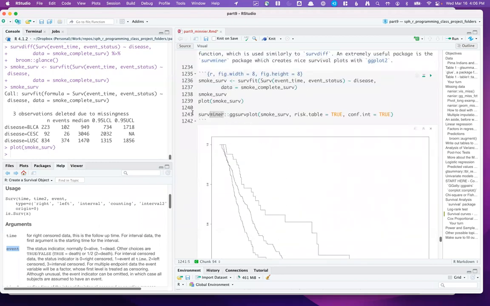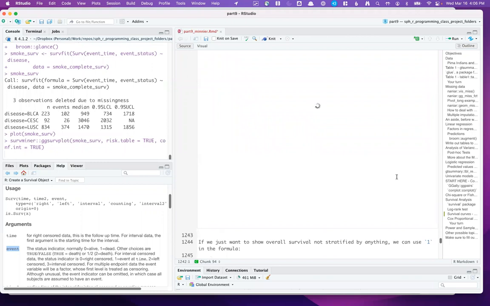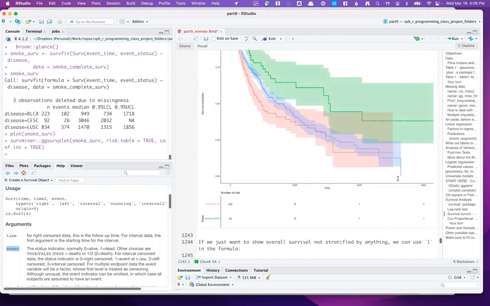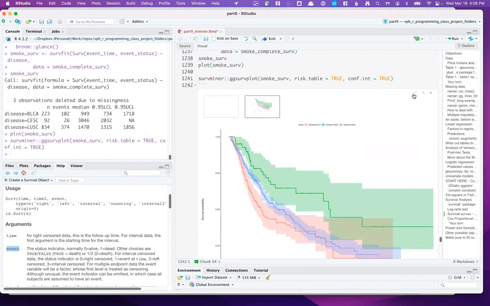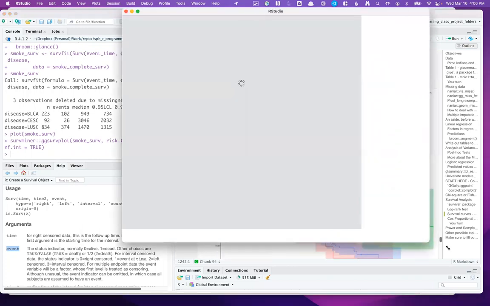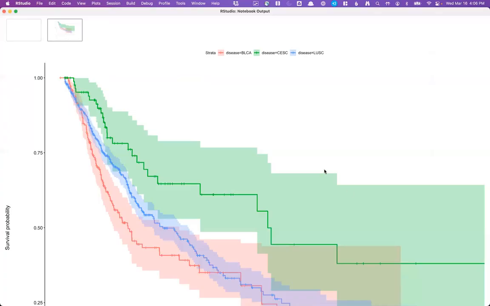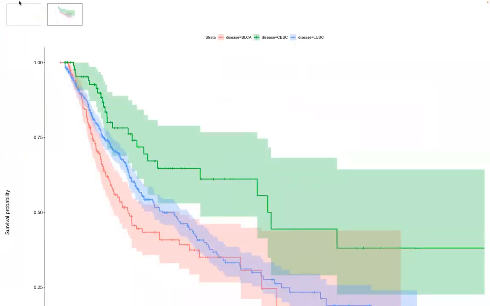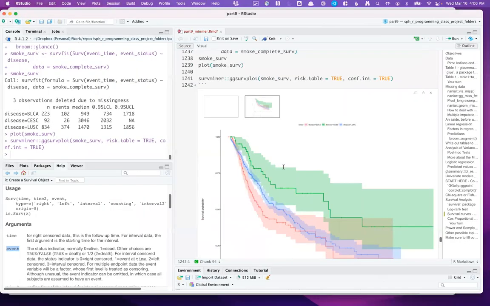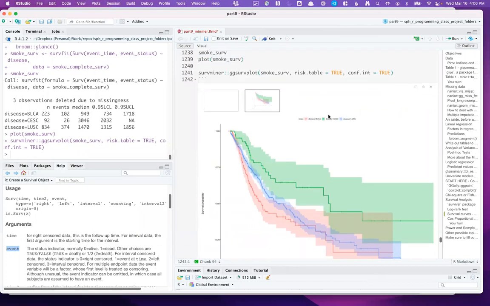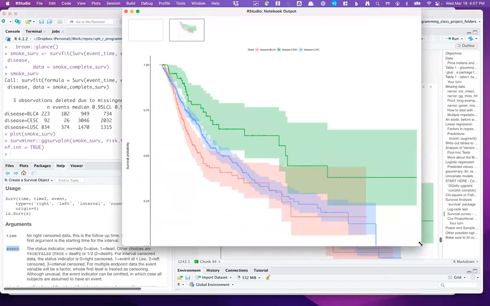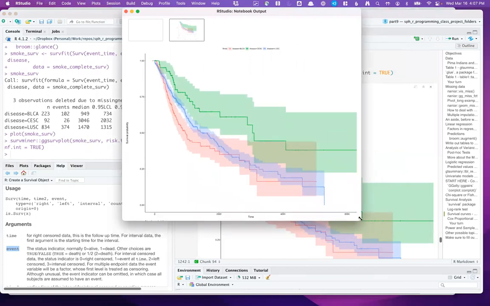So what I use is survminer, which is a package, and ggsurvplot is the function. This is what I use to make survival plots. There are many customizations you can do, but this is really tiny. But you can make tables, risk tables, and... I wish I hadn't started doing this where it cuts off the bottom of my plot. Well, down here there's a risk table, but you can't see it. But the idea is that